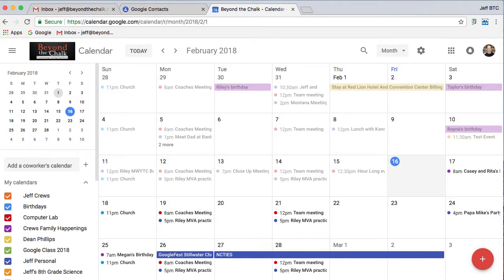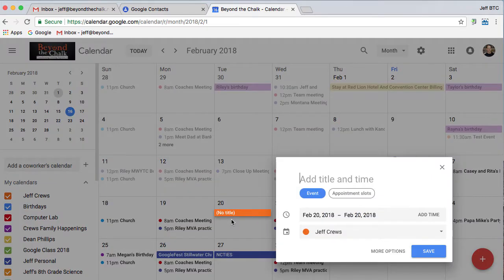Let's work with Google Calendar invites a little bit more in depth, and I'm going to show you how you can once again create a workflow using calendar invites for events that you might have in your school or in your personal life. So I'm going to come to the 20th here, and I'm going to click on that. And you notice when I click on it, because I'm in month view, it's going to create an all-day event for me. So in order to get to where I can edit this, I'm going to click on more options here,